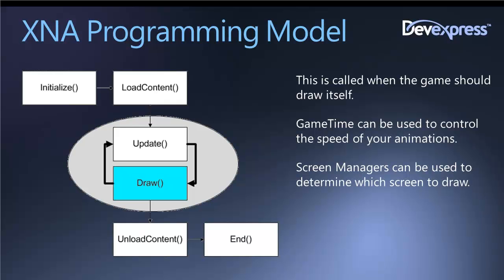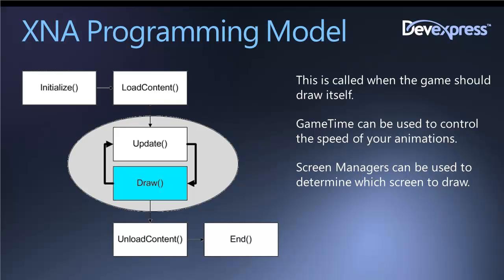So game time allows you to base things like your animations and clocks and stuff like that within the game on actual time that has elapsed versus just running off the raw speed of the processor. So it gives a much more consistent gameplay experience across the board, whether you're running on an Xbox 360 or on a phone, or you're running on a PC and you upgrade your PC, you're still going to have basically the same gameplay experience, and everyone else will too. And then screen managers, which we talked about a little bit in the update method, these will